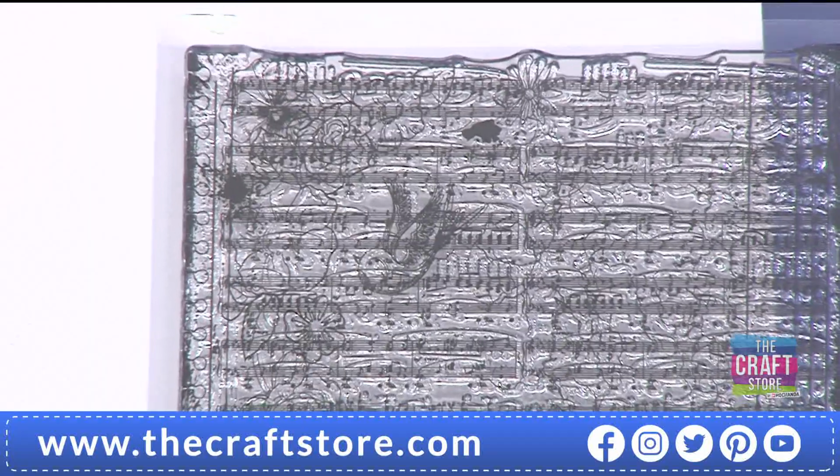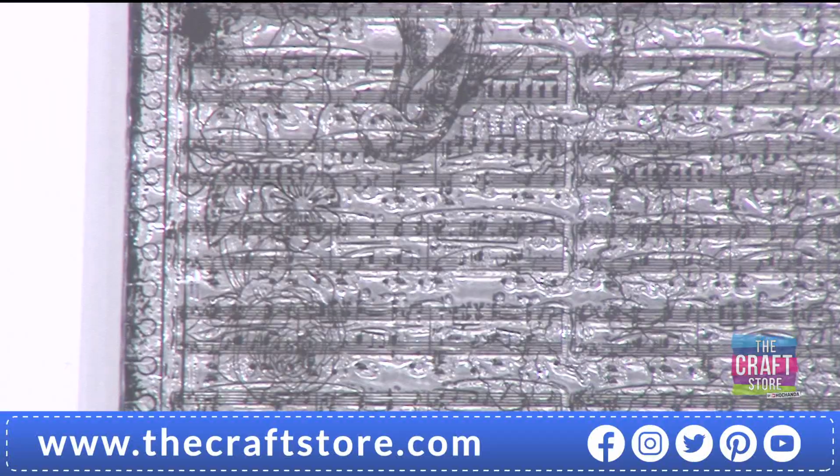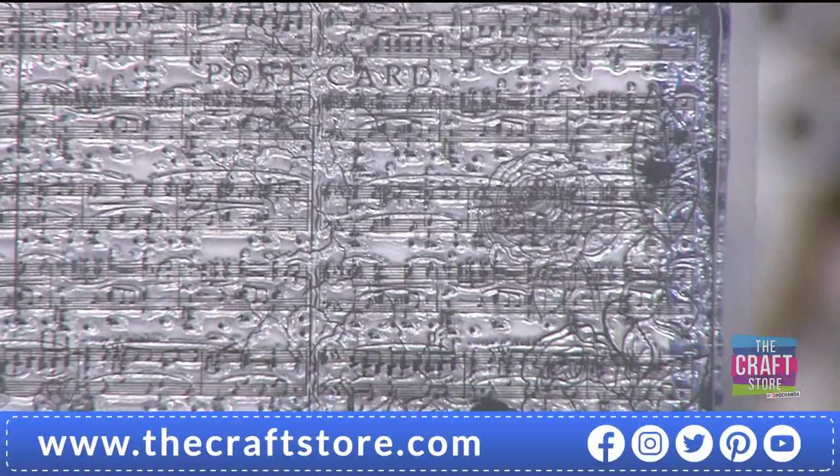Yeah. So, and then you've got the little bird in there. You've got a rose in the bottom corner as well. So lots of little elements you can cut out. So yeah, this was Julia's idea to do the A5 backgrounds, and I'm so glad that I did, because I've